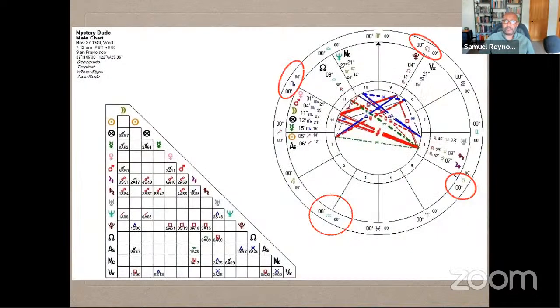Last example is this mystery dude, November 27th, 1940, 7:12 a.m., San Francisco, CA. Now I wonder if there's a San Francisco, Pennsylvania. That would be interesting. So we have really this bow tie effect between this crowded 12th house and then these 3 planets in the 6th house. So we have 2 houses loaded with planets. We have actually a total of 7 out of 10 planets in cadent houses, including this Pluto up here. So we actually have 8 out of 10.